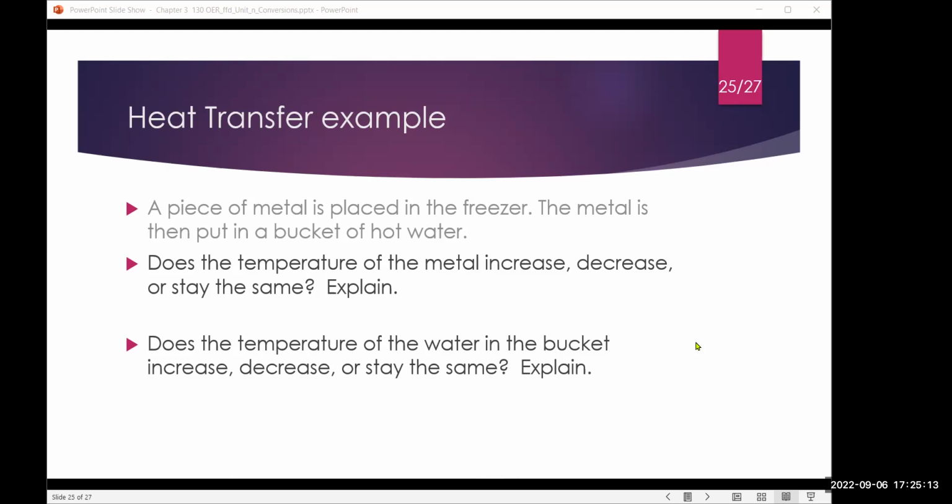Does the temperature of the metal increase, decrease, or stay the same? Well, it increases, because it was cold and you put it into a hot container, so the energy transfers from high to low. The same is true if, let's say, dead of winter, nice and cold, you're taking